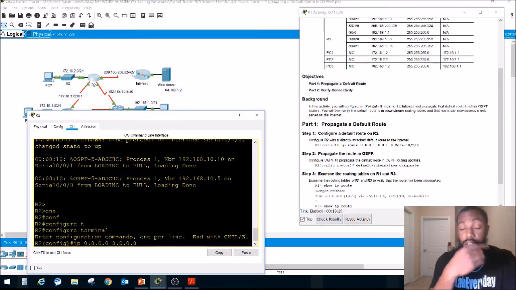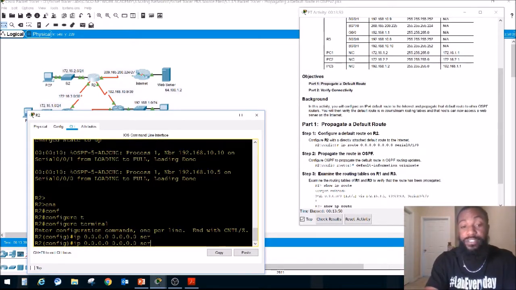I could have done this in the other video where we first started talking default routes, which was part 1 of the default routes. What I did was I used the forwarding router's address when I did show CDP, found out what the ISP's router was, and then used that as the next hop. I really didn't need to do that. I could have just put the exit interface. So in this case, it's serial